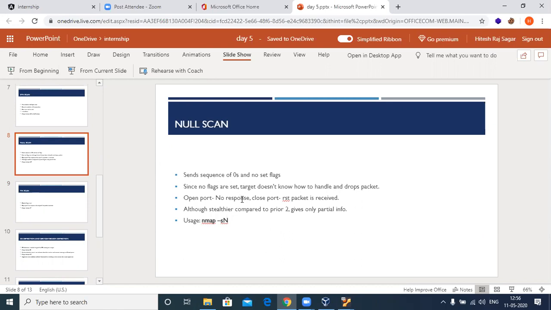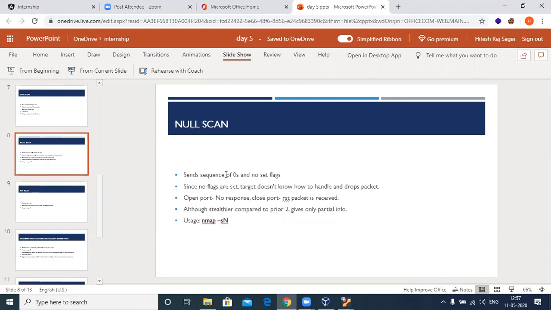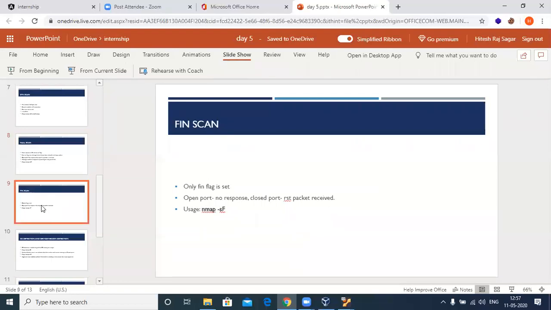So the first rule they'd obviously write is, whenever you receive a packet with all zeros, just kill it over there. Don't reply anything. So in that case, just to be a bit safe, you'll set the FIN flag. That is the actual difference. So maybe a NULL scan doesn't have much chance of bypassing a firewall, but a FIN scan can have. Moreover, if a FIN doesn't do it, then the further scans, XMAS or ACK, will.